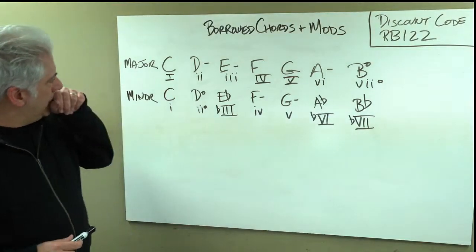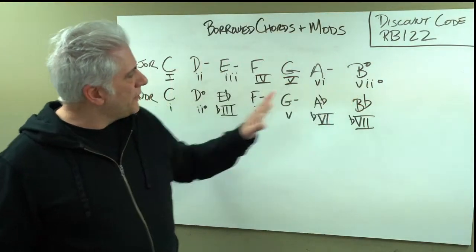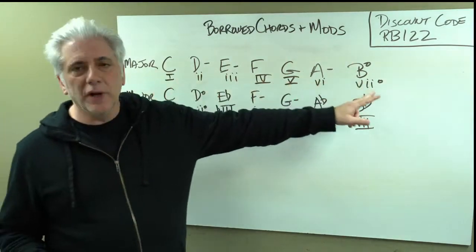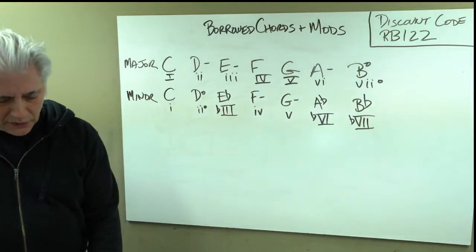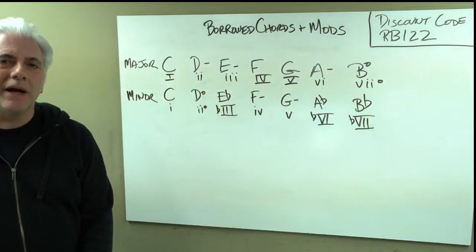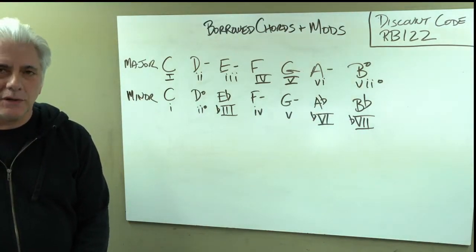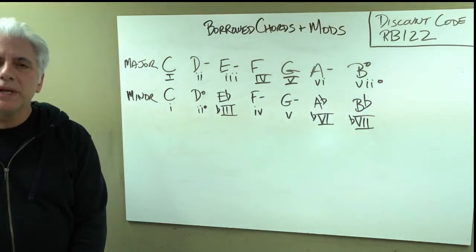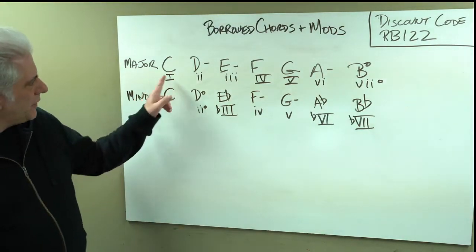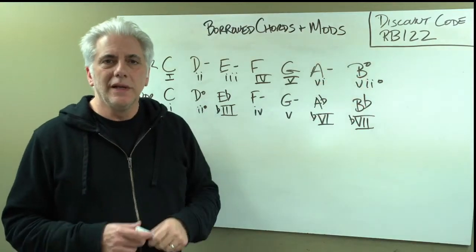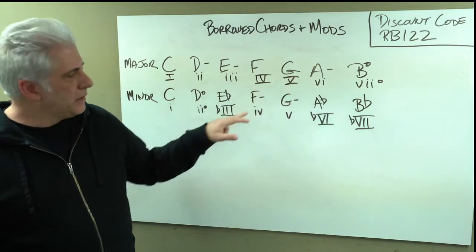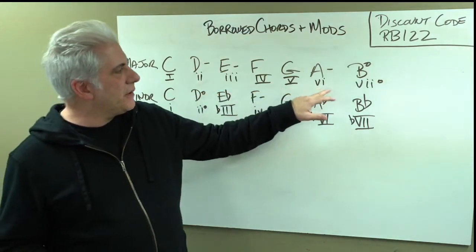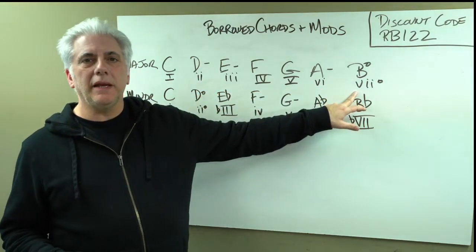Now, we have the key of C major here, I've written out the chords, what we call the diatonic chords in C major. So C major, D minor, E minor, F major, G major, A minor, B diminished, back to C major. These are the 7 chords in the key of C major. 1, 4, and 5 are major, 2, 3, and 6 are minor, and the 7th chord in the key is